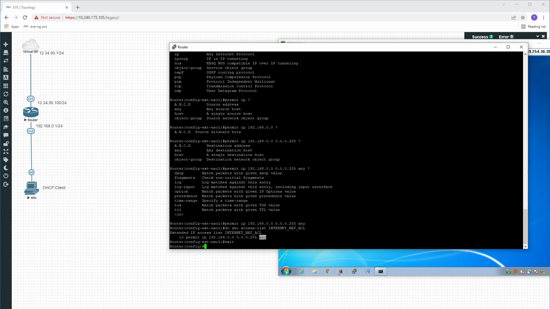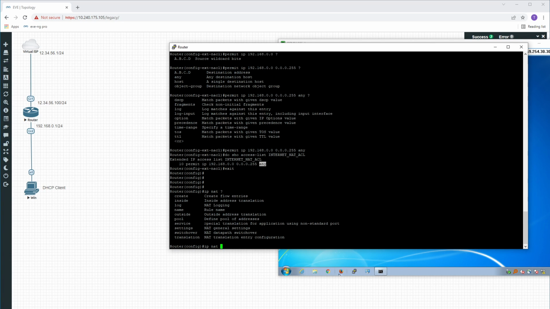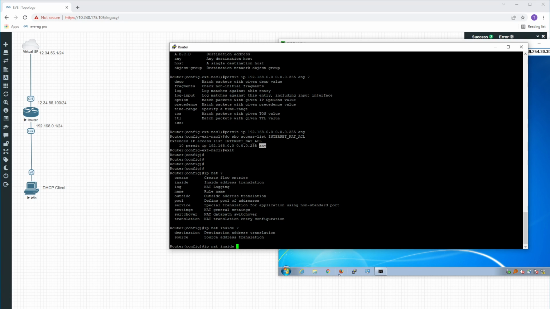Let's exit from the access list, and the command to enable the NAT globally using this interface will be IP NAT, and then we do inside. Why? Because this is the inside address association, like the source address association. We type inside, and then we type source,